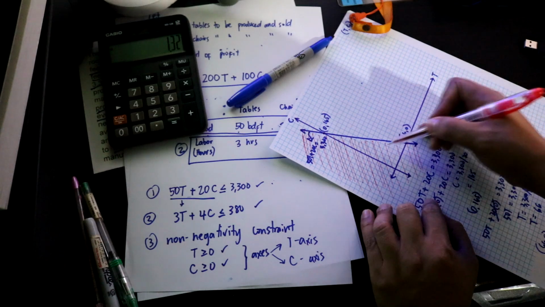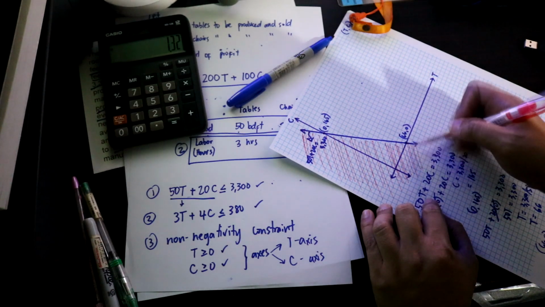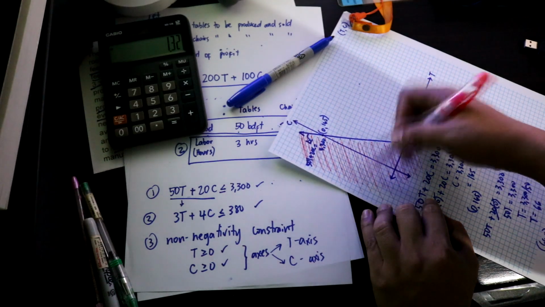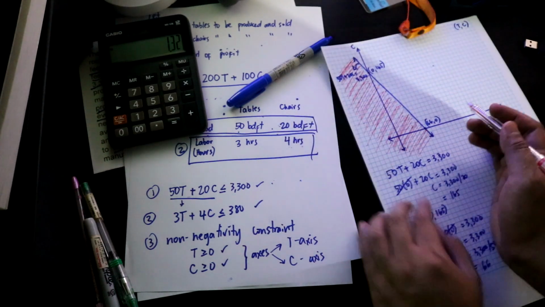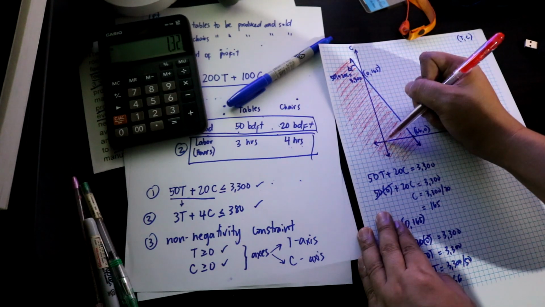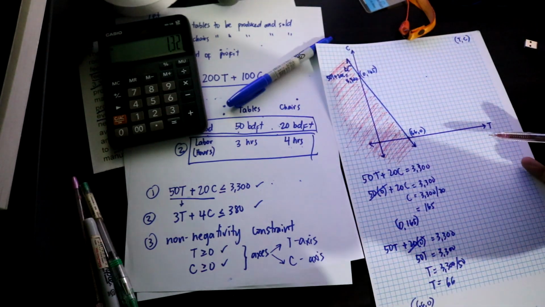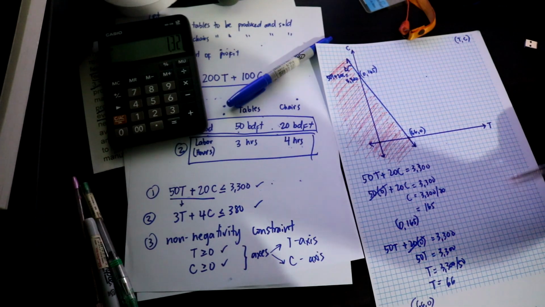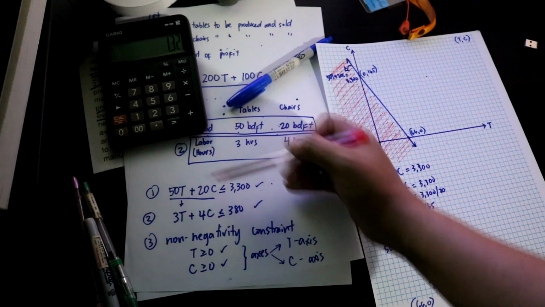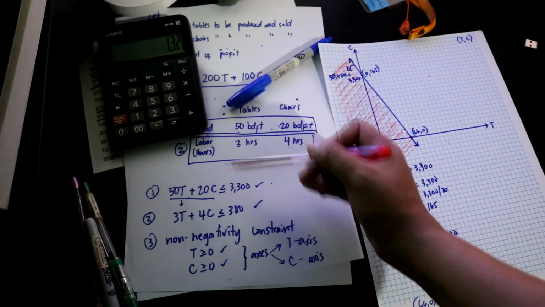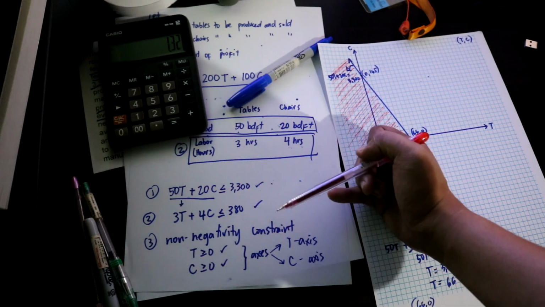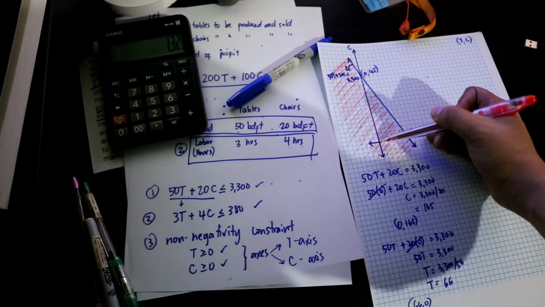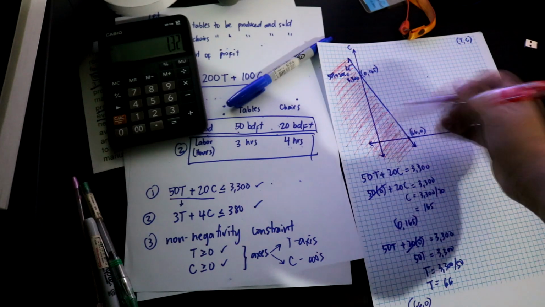These are the points that satisfy the inequality. One example is the point of origin. If both t and c are 0, we substitute 0. That would be 0. Is 0 less than or equal to 3,300? Yes, it is less than 3,300. So the point of origin actually satisfies